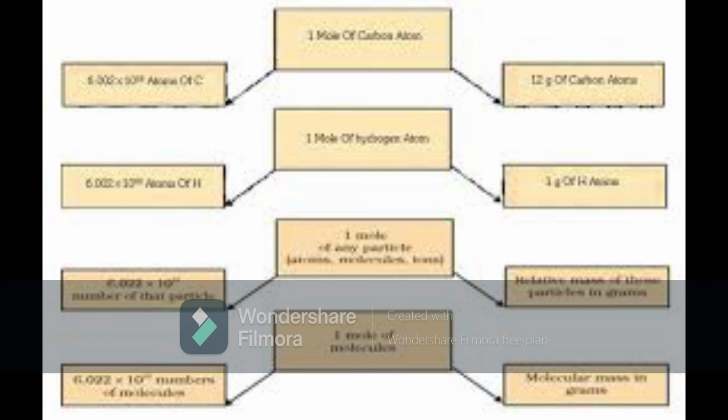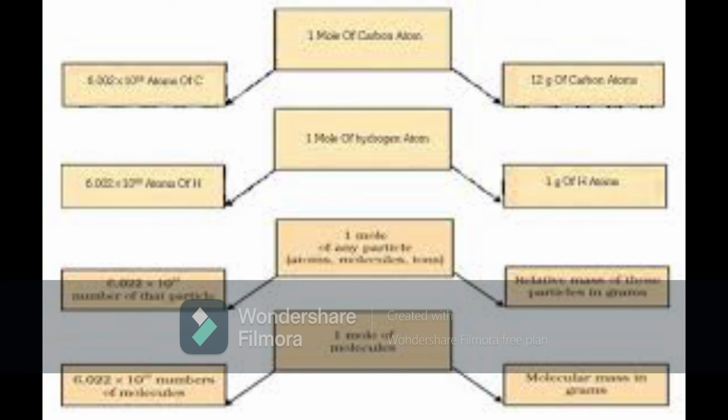One Avogadro number is equal to 6.022 into 10 to the power of 23. That means when we are unable to count a proper number, you can just consider it as an Avogadro number. For this, they have taken carbon as the basic measure of atoms. For example, 1 mole of carbon atoms has its atomic weight as 12 grams. So 12 grams of carbon contains its Avogadro number, that is 6.022 into 10 to the power of 23 atoms. Like that we are going to see 1 mole of hydrogen atoms.